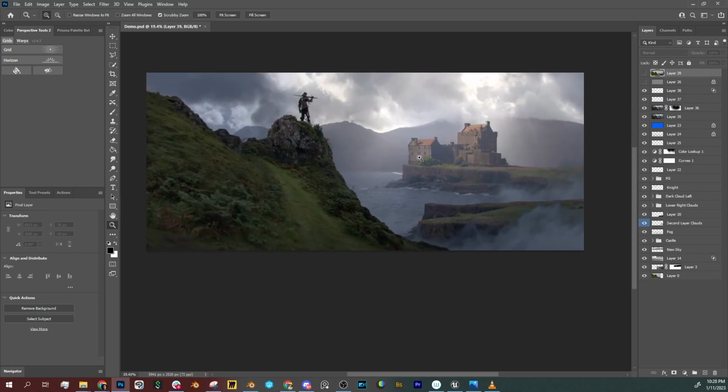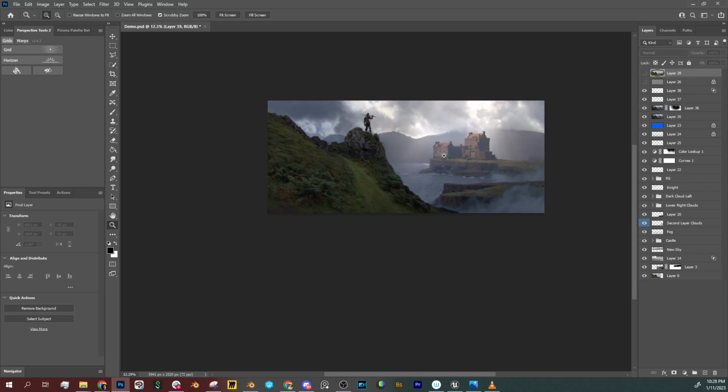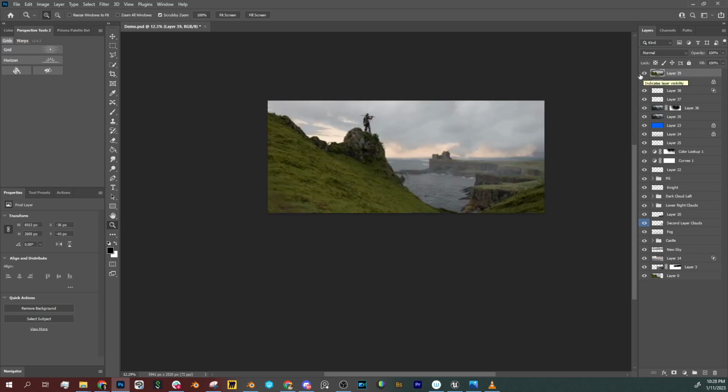Now, I want to go over some of the changes that I did to this image in comparison to where we left off, because I think that there's a couple of important compositional changes and decisions that I made in the end, but also a few techniques that I can cover as well. So I added the mountain in the back because I felt that it helped frame the composition a little bit better. It also gave it a little bit more,